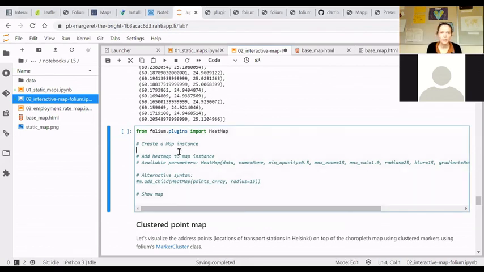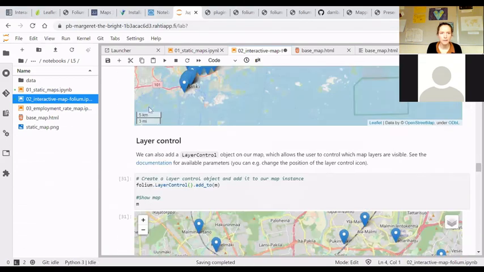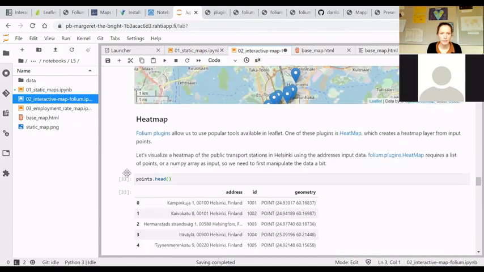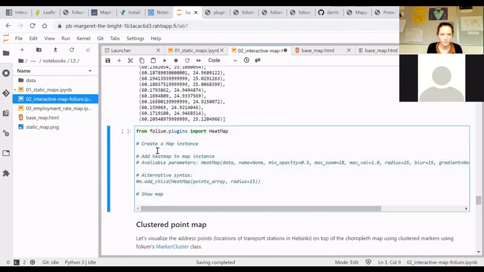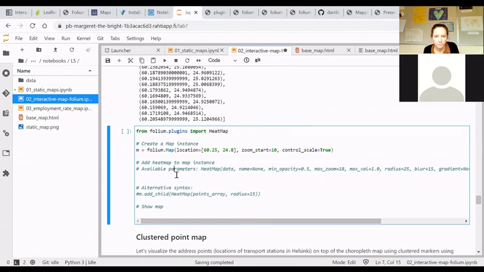do so that, we can create a fresh map instance by again copying our base map in there. Now in the memory we have those points. And then here we want to import the HeatMap plugin. It's a bit more complicated than the simple constructor. And then the syntax goes like this: